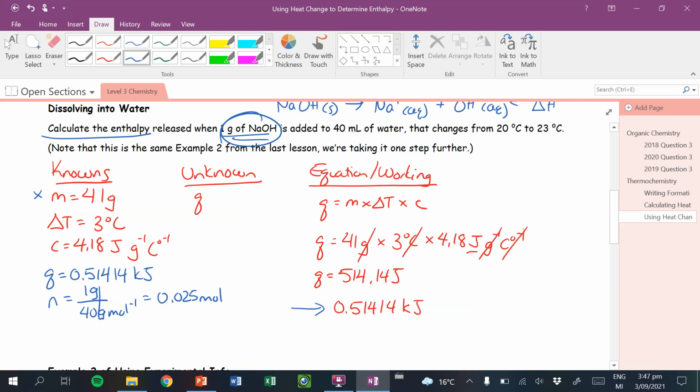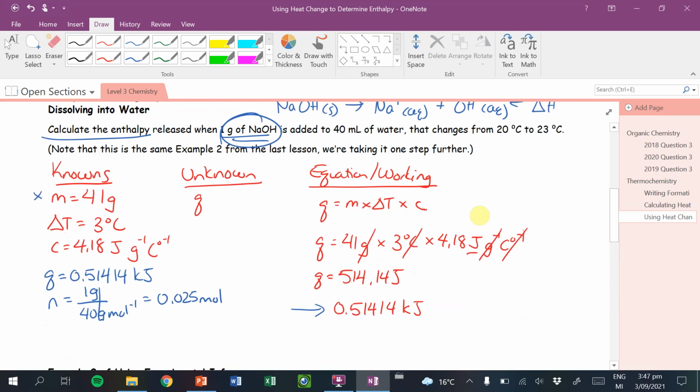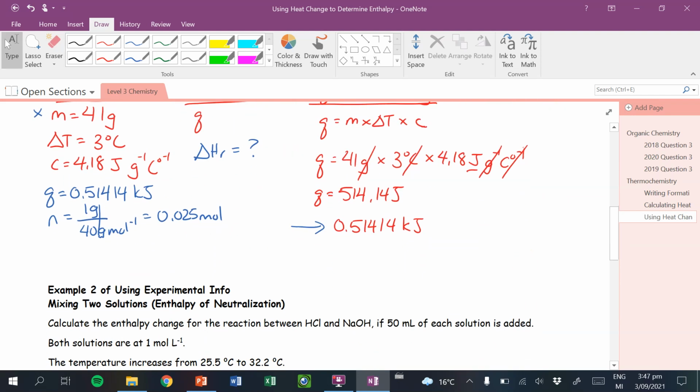All right, I know the Q value, I know the N value, so now I am ready to solve for my delta H. So delta H is what I'm solving for in this next round. So I know that the delta H is equal to the negative Q value divided by the moles. So that will equal